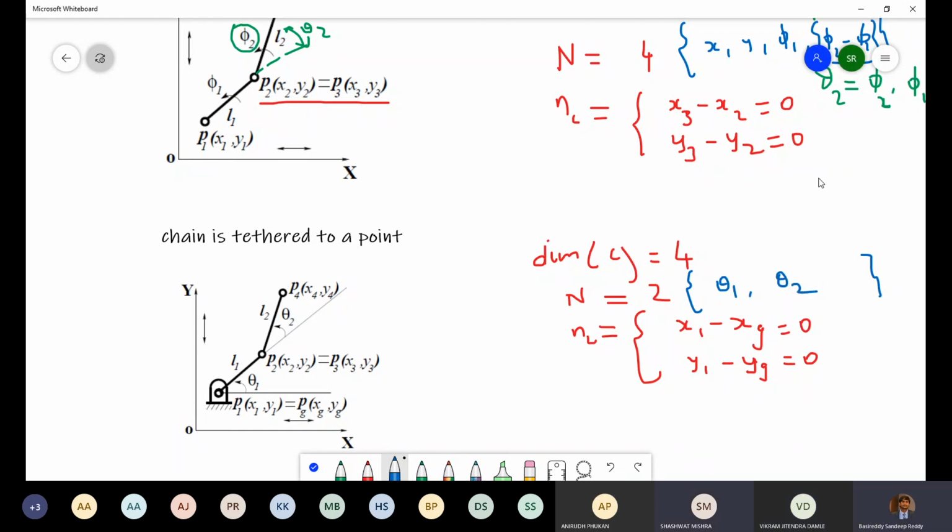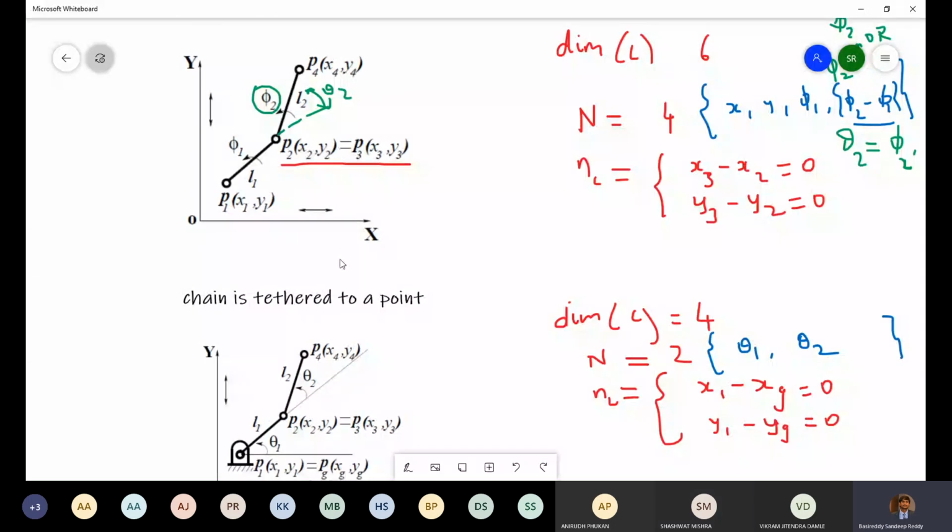Hello, sir. Yeah. Tell me. So the dimension should be 6 only, right? We have 4 constraints here. Sir, we can write x2 equal to x3 and y2 equal to y3 also, and the dimension should be 6 for the two rods. Yeah, I'm not going all the way back to that point. I'm just going from this figure to this figure. I'm just taking it in a series of steps. I don't want to go all the way back to that L2 and so on.